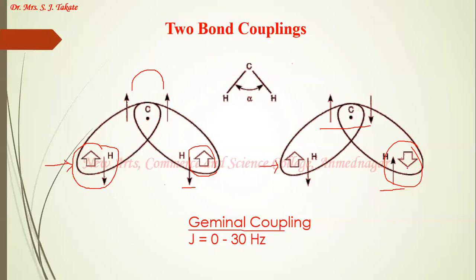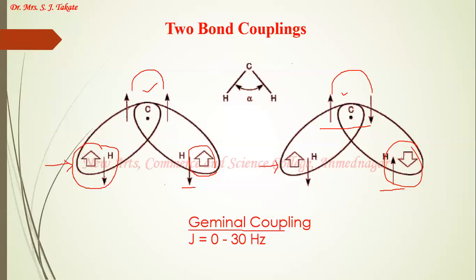And the second situation is there where the coupling hydrogen has taken the minus half orientation, then the electrons change their spin orientation in that orbital. But what happens now? These two electrons which are close to the carbon atom are also having their spins paired. So one will be a high energy situation. This one will be high energy situation. This one will be low energy ground state. So again, the excitation of this left side hydrogen can occur from two different types of ground state. One is high energy ground state and the other is low energy ground state.